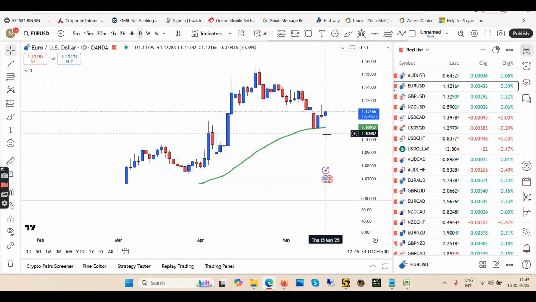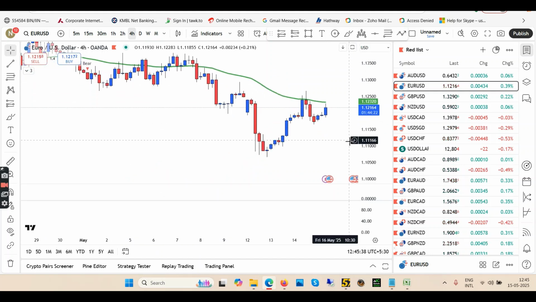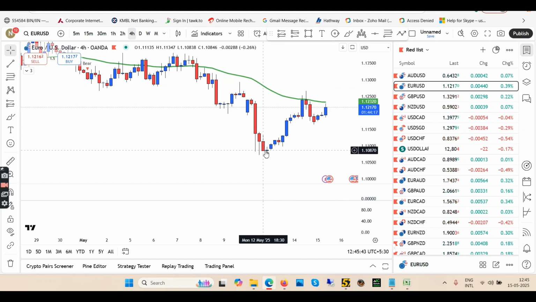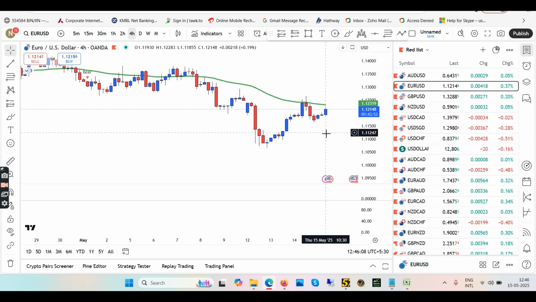More confirmation from the 4-hour. Let's get back to 4-hour. The price is still below the EMA. Okay, but you have to notice that after this low, this high is broken. So this blue candle has broken this previous high. Then we are taking a pullback and then we're going up. So to me, as an early bird, I can see that this is the start of a new uptrend. This high is broken, a new high is created, then a pullback, and then we are going up. So if you're smart enough, you will look for longs in Euro USD.